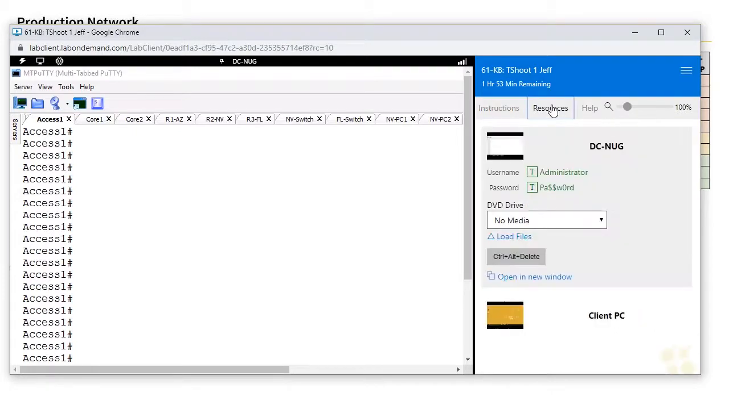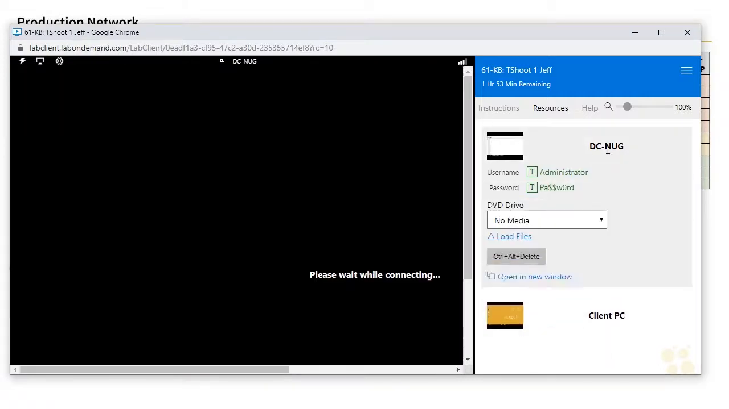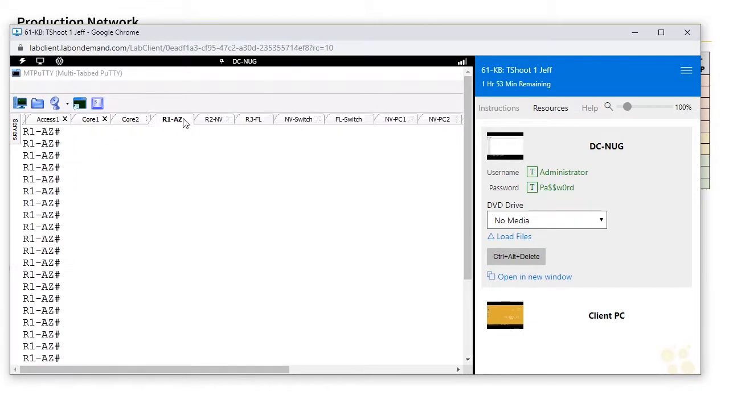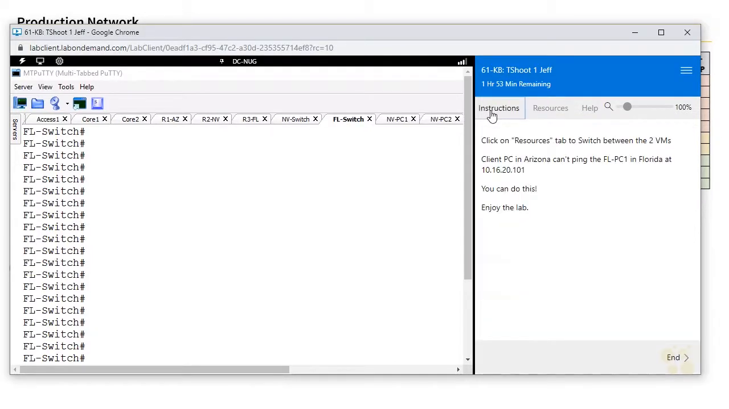And if you click on resources, this is what takes you between DCNUG, which is our management computer, and the client PC in Arizona. So here's the client PC, there's DCNUG, and in DCNUG, I've got PuTTY open with tabs open up to all the networking devices, so you can take a look at anyone that you'd like, work with anyone that you'd like as you try to solve the problem of why the client PC in Arizona cannot ping the PC in Florida at